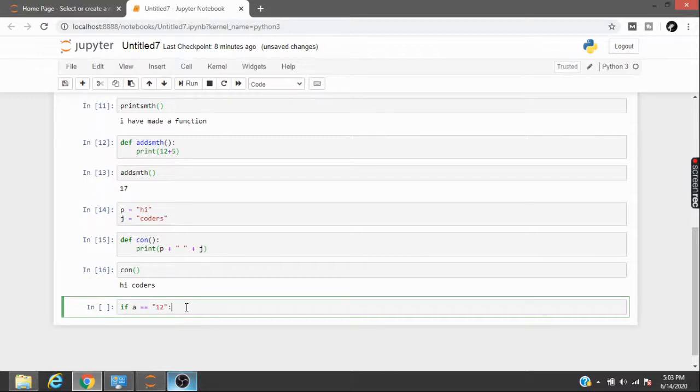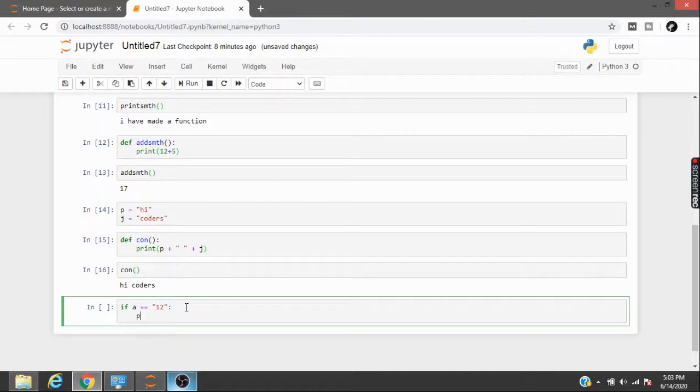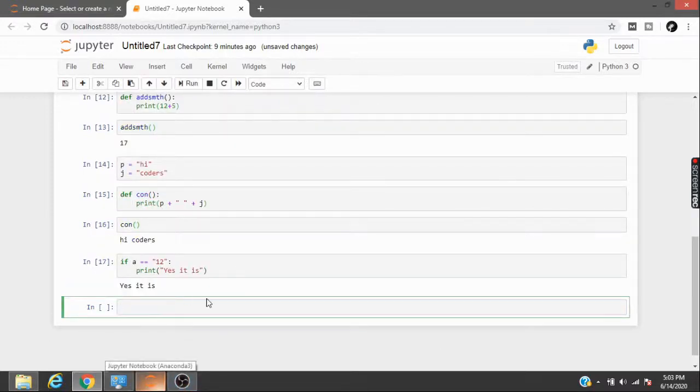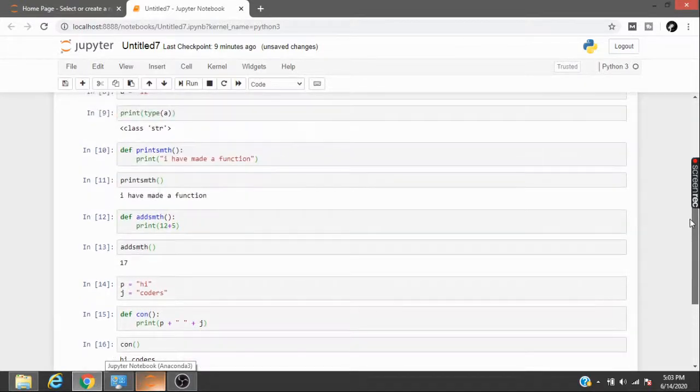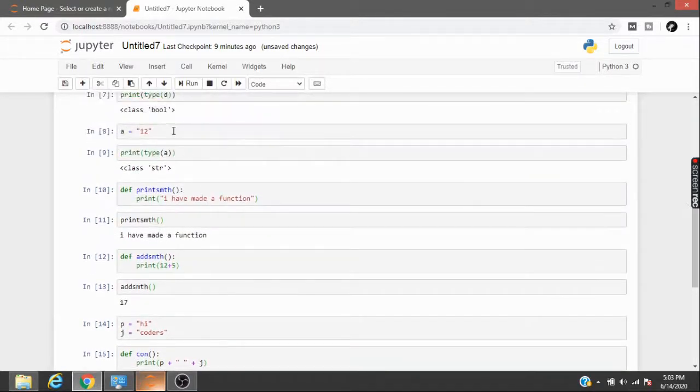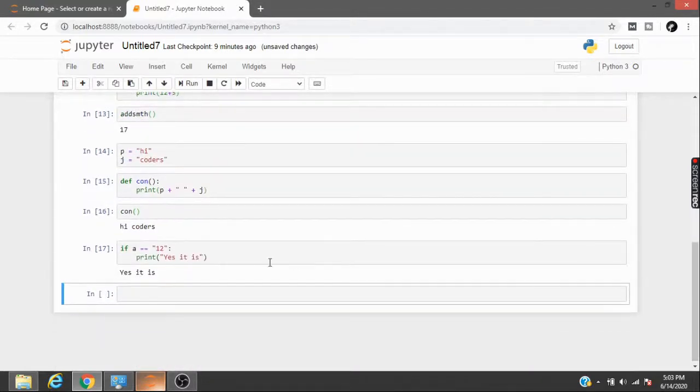In Python you don't write then, you just do a colon, then press enter, write print yes it is, and let's see what happens if we run this code. And it says yes it is, and the only reason it says so is because we just declared a as 12 in string, so we already have that registered in the system. So this is how you use a simple if in Python.